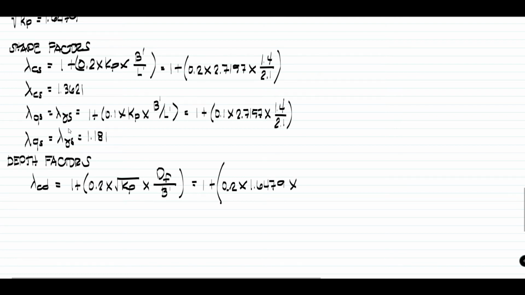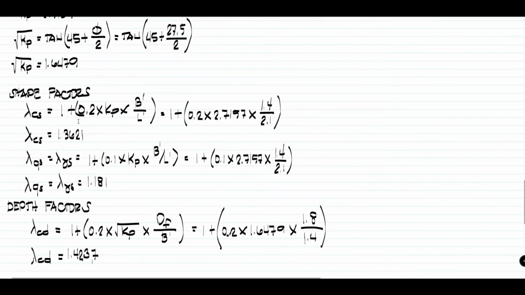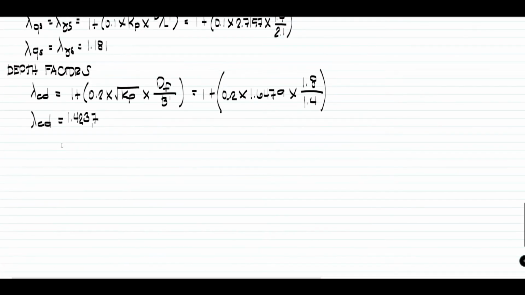Times the DF, which is 1.8 divided by 1.4. So, our value for our lambda CD will just be equivalent to 1.4237. So, yun na yung depth factors natin for cohesion. Then, yung lambda QD and lambda gamma D,